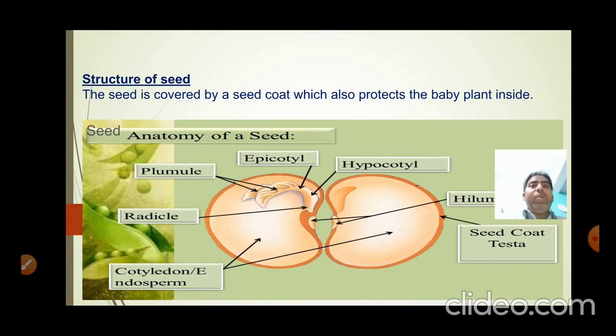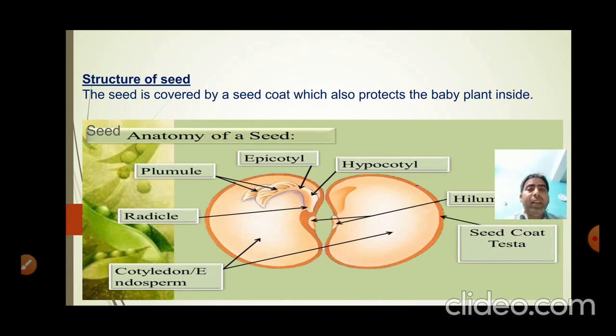In a normal way, we can say that a seed is a small, round or oval object produced by a plant, and when it is put into the soil, after getting suitable conditions, new plants can grow from it. That is a seed. Now come to the structure of a seed. We know that flowers develop into fruits and fruits contain seeds.